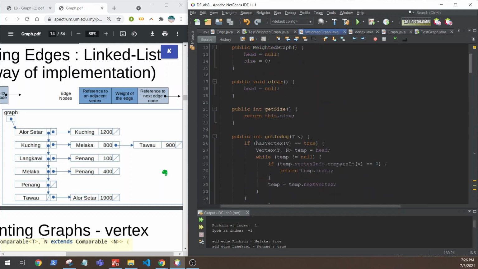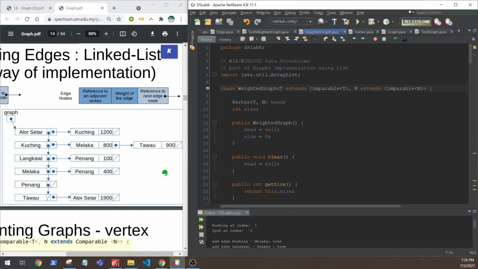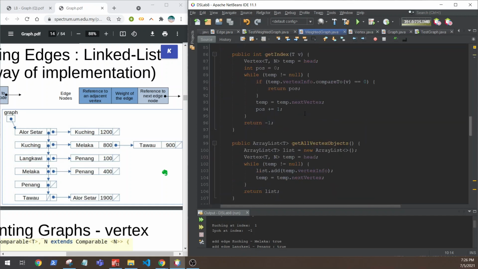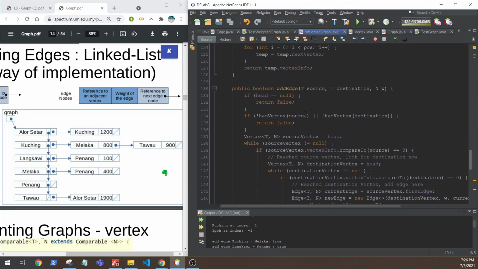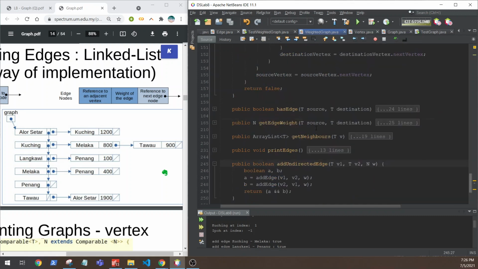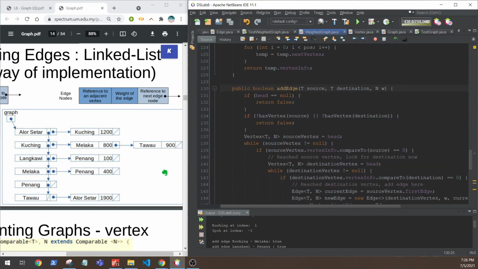Maybe you can add a variable here for our weighted graph to set the mode of the graph, whether it's directed or undirected. If it's undirected, make sure people can't call this by invalidating this. You return a false, or you make this. I'm not sure whether we can change the accessibility, but you need to handle this because that is a potential bug for people when they use your